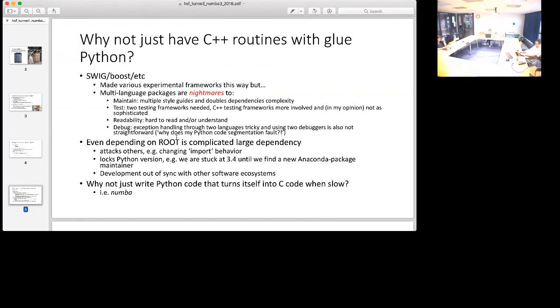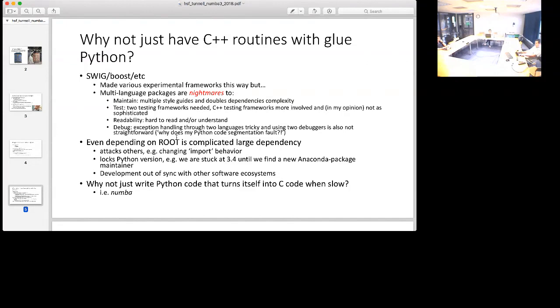Beyond having to maintain these with different style guides and doubling your dependencies, how do you test a program that splits over two languages with appropriate coverage? It becomes much harder to understand what it's doing. There are even silly things like throwing exceptions over languages, or tracking down why your Python segfaults becomes tricky. And even the way in which our code interfaces with root.